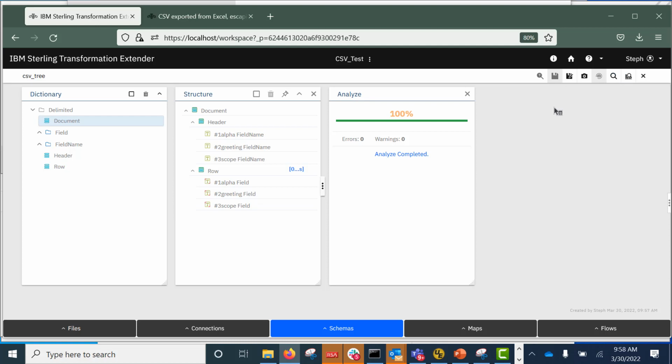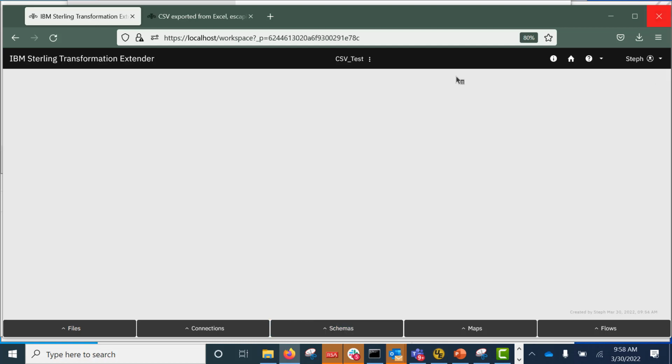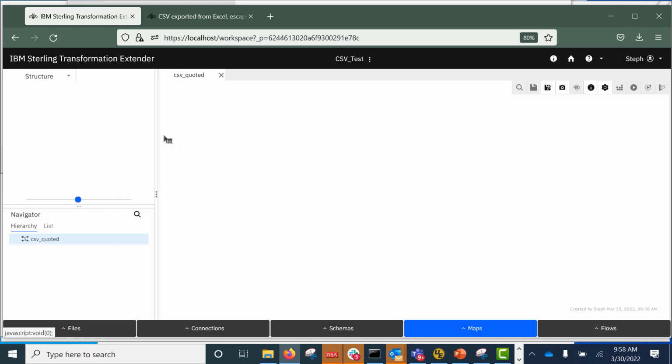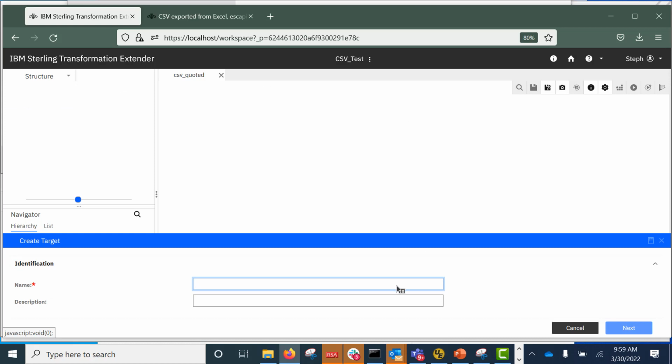So I'm going to go into my mapper and create a brand new map and give it a call CSV quoted. I'm not going to be very imaginative and put things in folders or add descriptions. A nice blank canvas. Going to my palette, I'm going to first create my target, and my target is going to be really clever, called output,